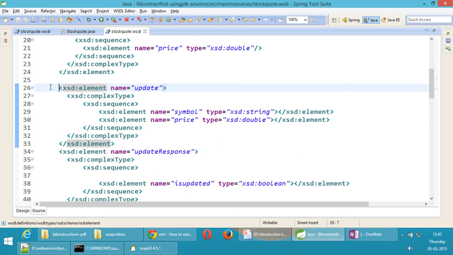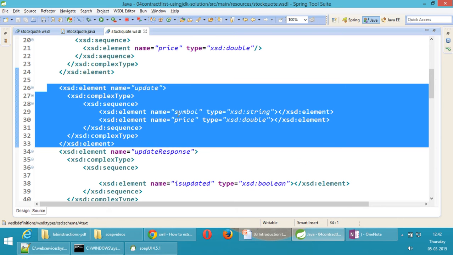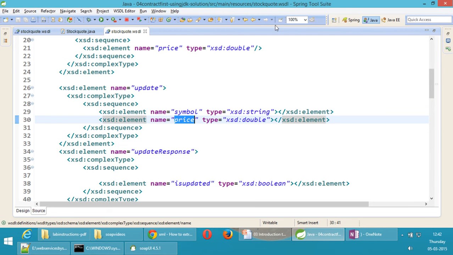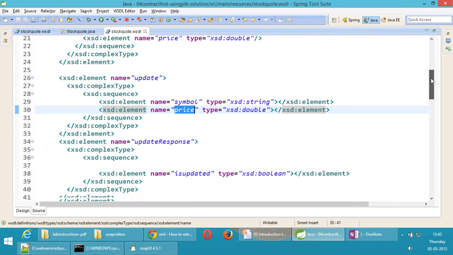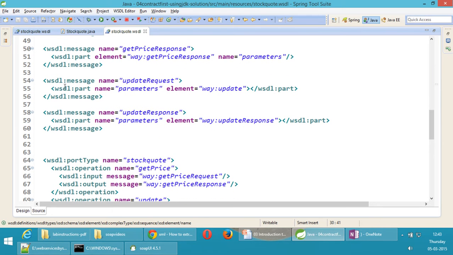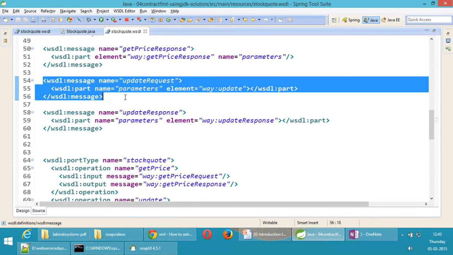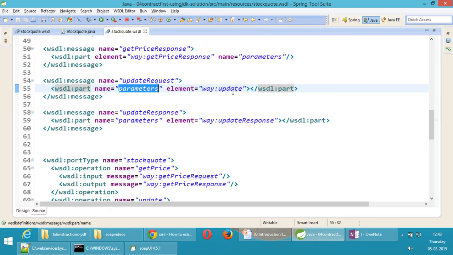See, this is the schema. In schema, it is having symbol and price. So in document style web services, one message will have only one part, and that is a complex part defined inside the schema.